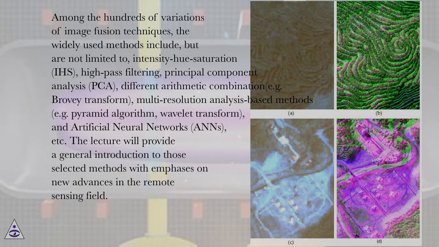Among the hundreds of variations of image fusion techniques, the widely used methods include, but are not limited to, intensity hue saturation, IHS, high-pass filtering, principal component analysis, PCA, different arithmetic combinations, for example the Brovey transform, multi-resolution analysis-based methods, for example the pyramid algorithm, wavelet transform, and artificial neural networks, ANNs, etc. The lecture will provide a general introduction to those selected methods with emphasis on new advances in the remote sensing